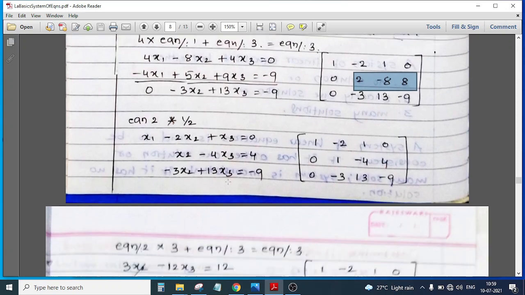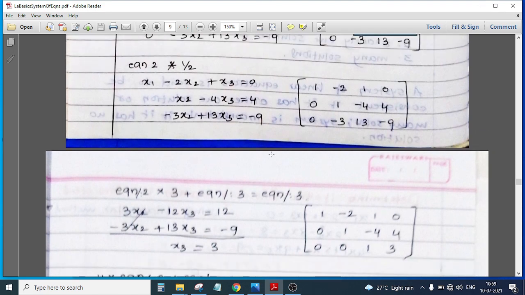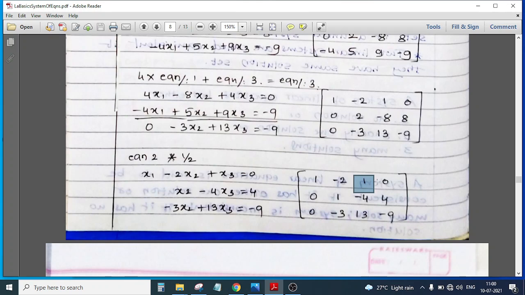So we have reached the next step, but still it's not sufficient. Still we cannot get the value of any one of x1, x2 or x3. Why? Because still there are two terms. You can observe here we have x2 and x3. Here also we have x2 and x3. Here we have x1, x2 and x3. So still we cannot get our value of x1 or x2 or x3. So if you want to get it, what could be done? Please don't look at this operation. Just tell me what could be done. I want some term, either x2 or x3. Either you can obtain x2 or you can obtain x3.